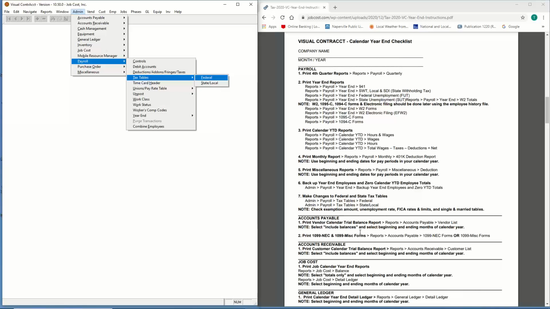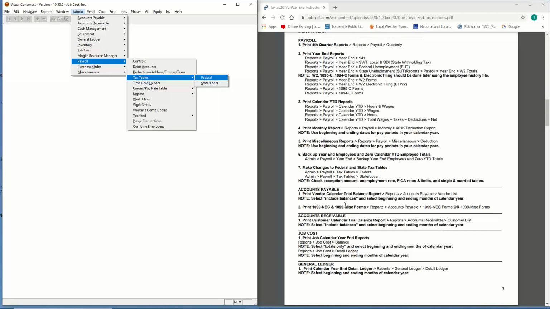Now, on the calendar year-end checklist, there are steps for accounts payable, receivable, job cost, and general ledger. These do not have to be done right away. These can be done sometime in January, February, March, whenever you're ready, or after you've closed December for these modules. After you've closed December and before you close January, you should run these reports